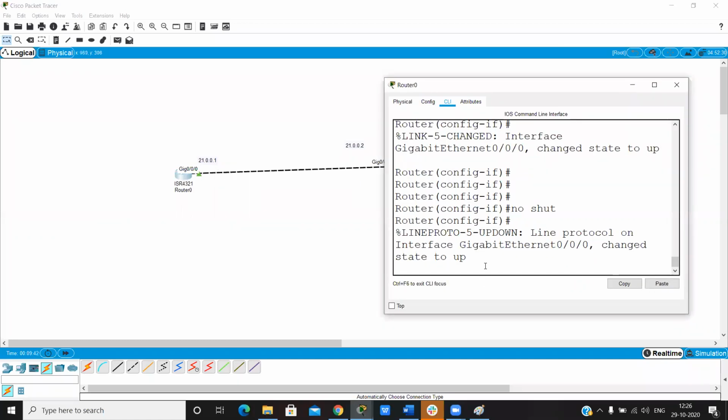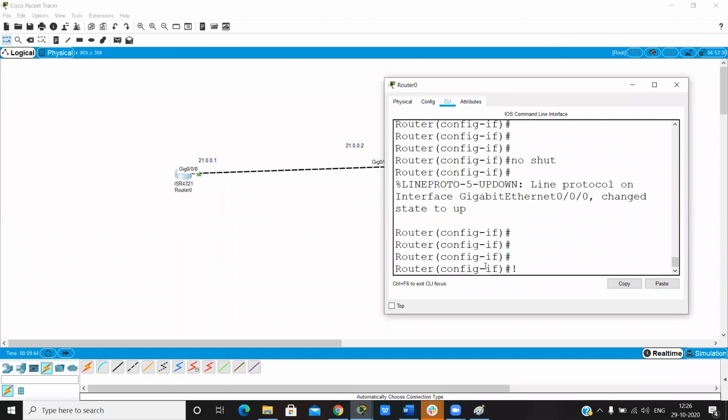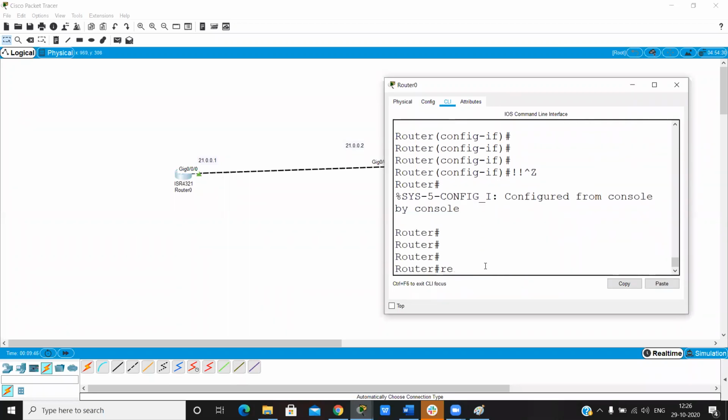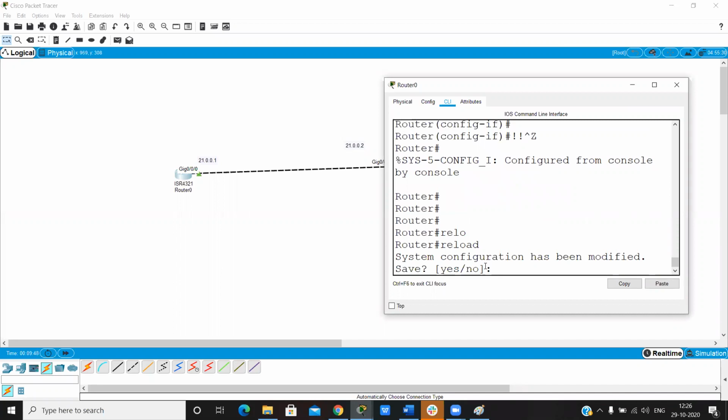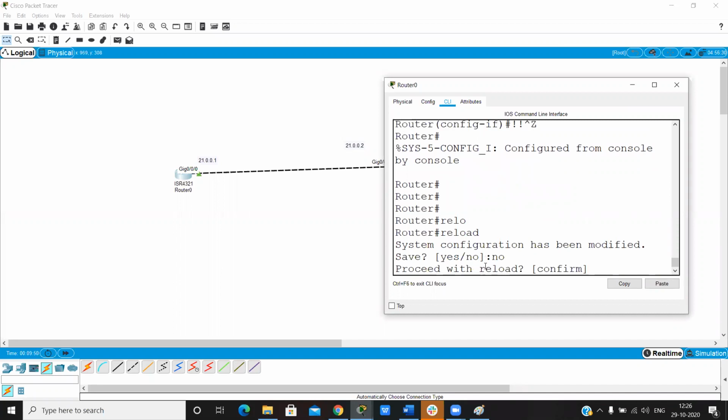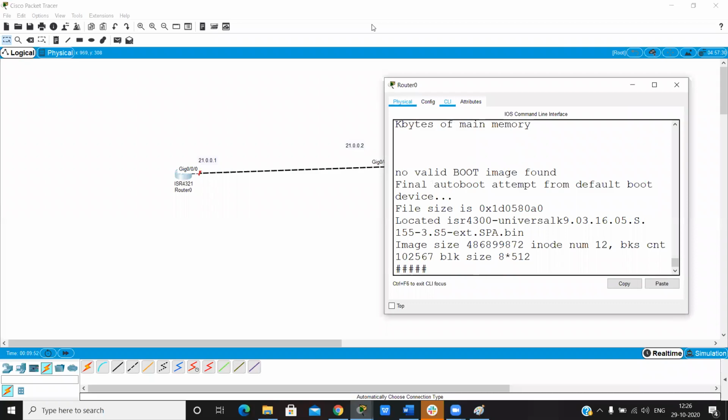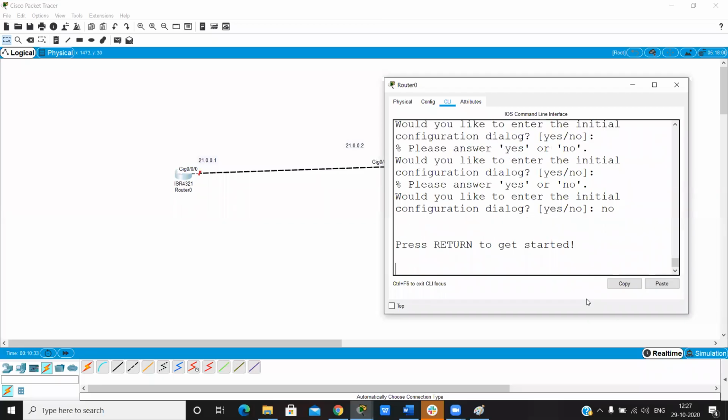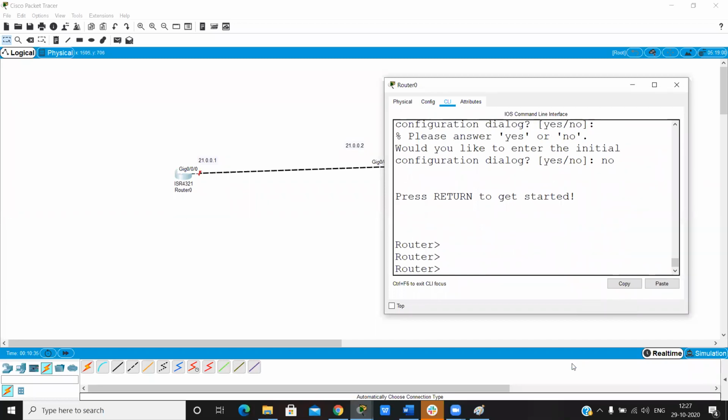So firstly, I can do reload. Reload the router. No. Yes. You get this type of option. This is the user mode, or exec mode. The router prompt shows this mode is user.